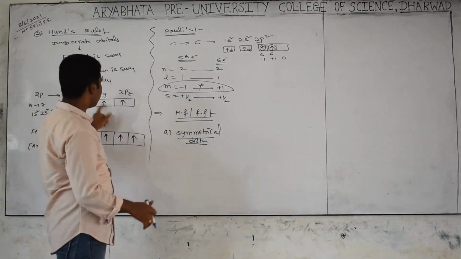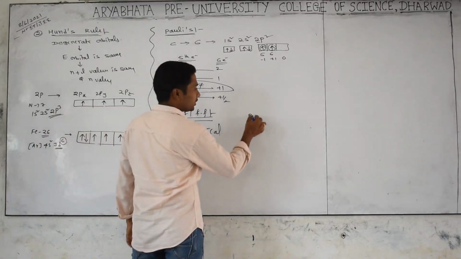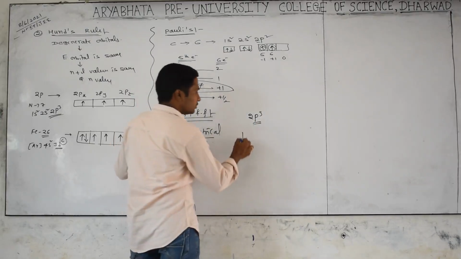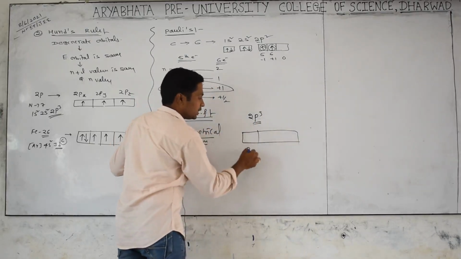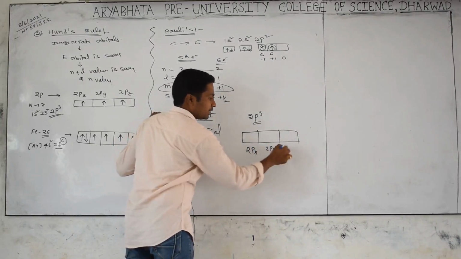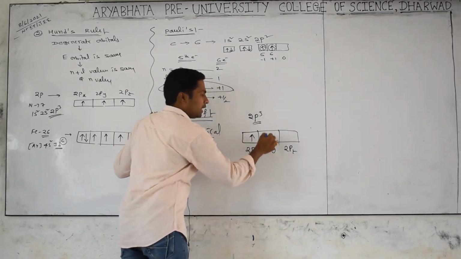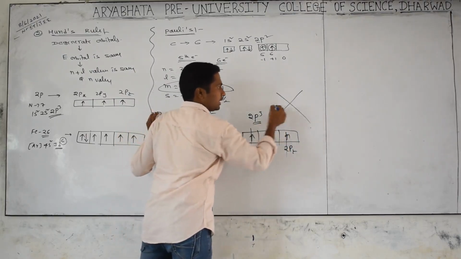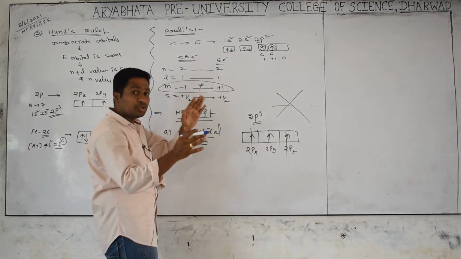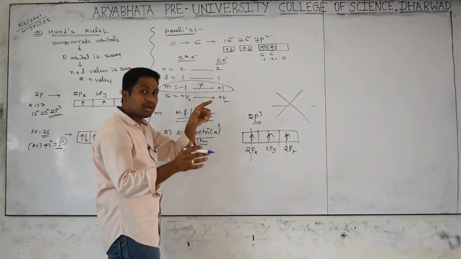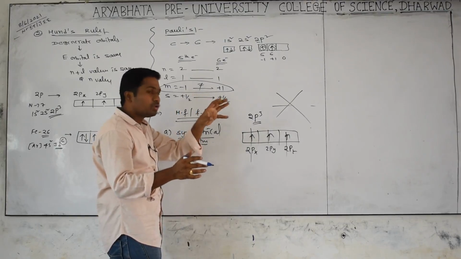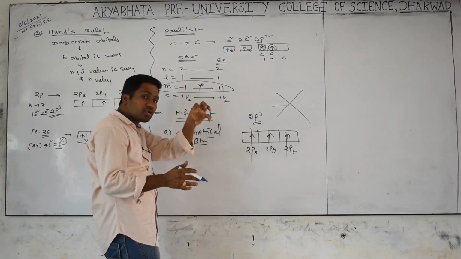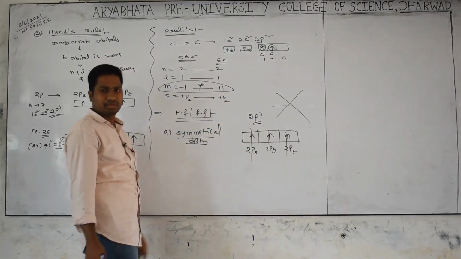Because of the symmetrical distribution, why are we getting stability? If you take 2p3, the exact capacity is 6, but it is exactly half-filled. Because of this half-filled state, one electron is in 2px, another in 2py, another in 2pz. Now the electrons are on the x-axis, y-axis and z-axis. That means those three electrons around the nucleus are arranged in different directions without any gap, without any particle between the nucleus and the electron. That's why the electrons are strongly held by the nucleus. That's why they become more stable.